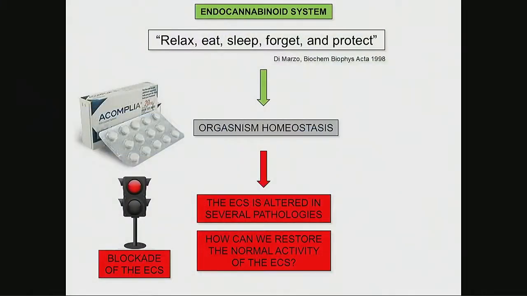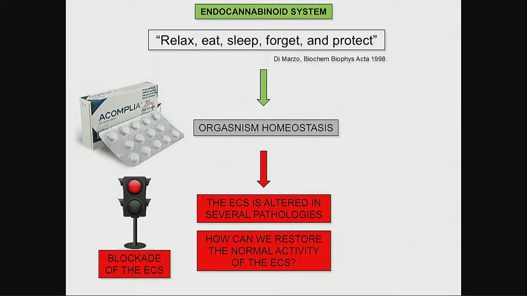If you remember, I mentioned, and you know, if you have used cannabis or know anything about cannabis, that when we use cannabis, we feel hungry. So based on this, this company decided to use a molecule that blocks CB1 receptors to give to patients with obesity to try to make them lose weight. So the rationale is perfectly normal. The clinical trials went very well, and this medicine was released to the market, FDA approved, EMA approved.